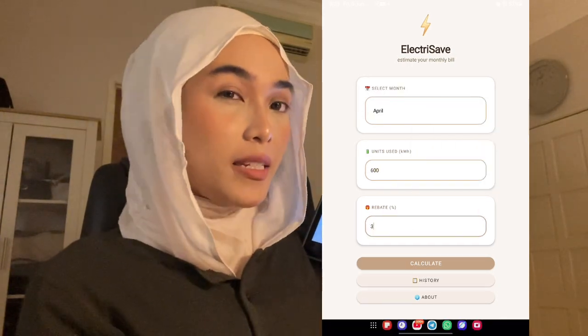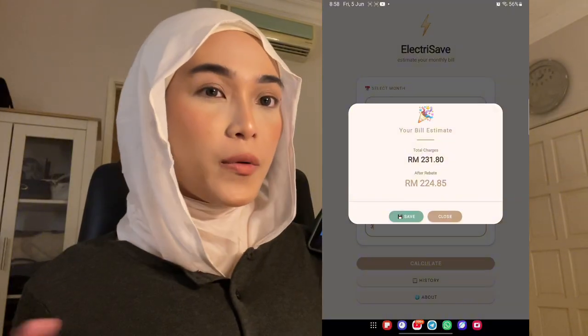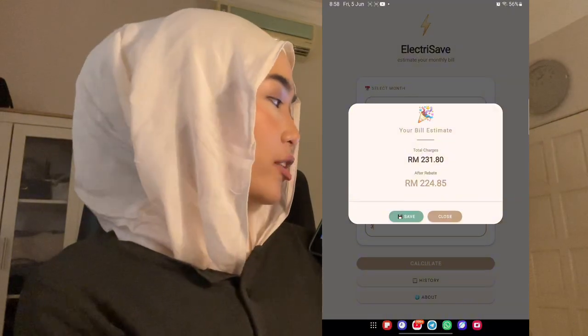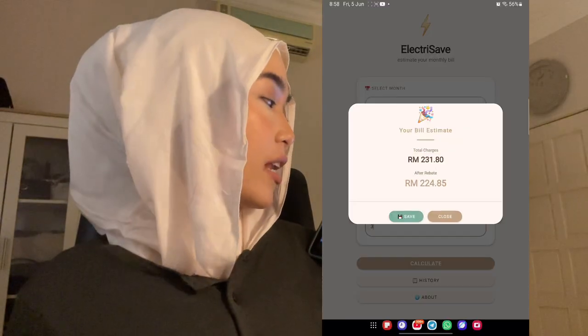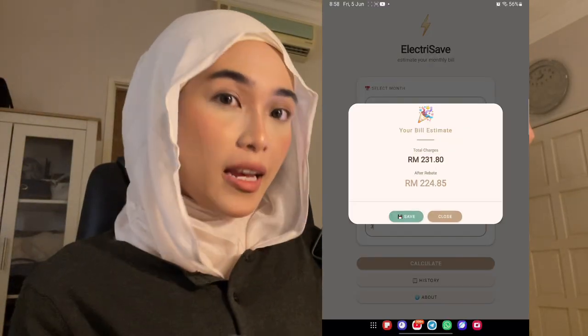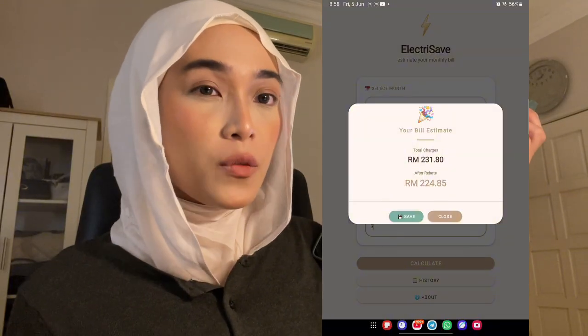Now I will tap the calculate button. A beautiful pop-up dialog appears showing total charges of 231 ringgit 80 cent and after rebate is 224 ringgit and 85 cent. The calculation is based on TNB electricity rates, the first 200 kilowatt hours at 21 ringgit 80